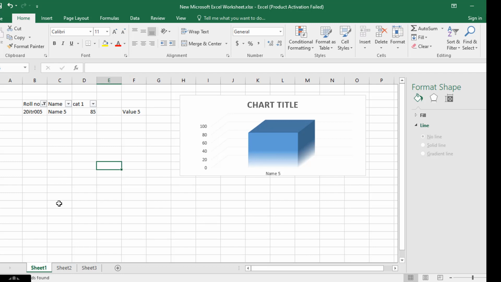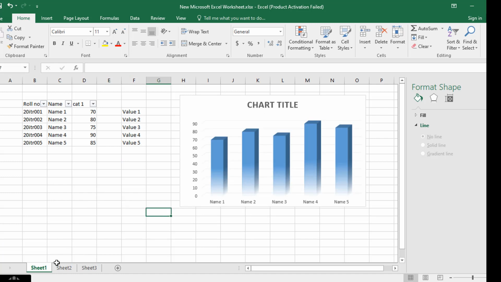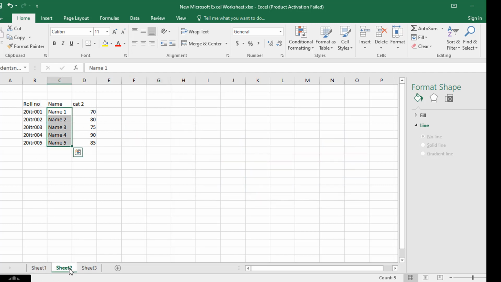Next one, let us see how to calculate data across worksheets. Now let me make all the data visible. In sheet 1 I am having roll numbers and cat1 marks.